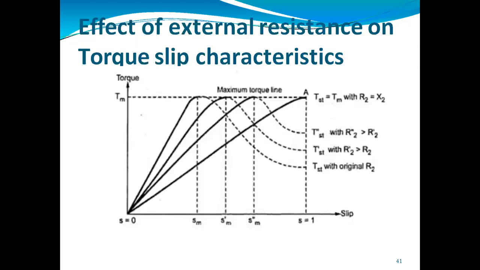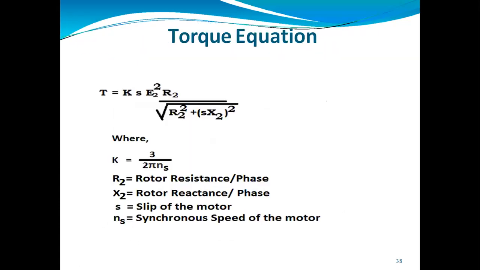So now we want to see the effect of resistance. As we have seen in the torque equation, you will require this equation for the whole characteristics, because you will get how torque is proportional to speed, since from the value of s we can calculate speed. After that, you are supposed to find the relation of torque with the resistance. Here you can see how torque is proportional to the resistance. This is the rotor resistance. It is directly proportional to R2, and again in the denominator you will also get the value of R2.